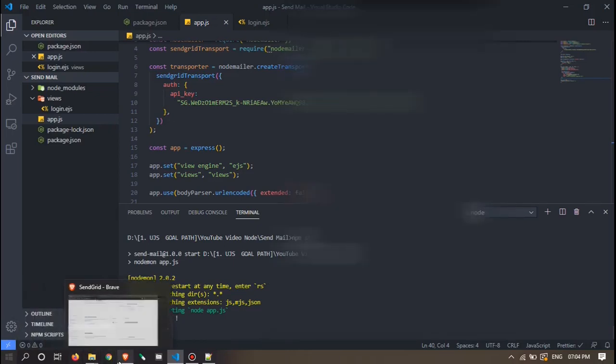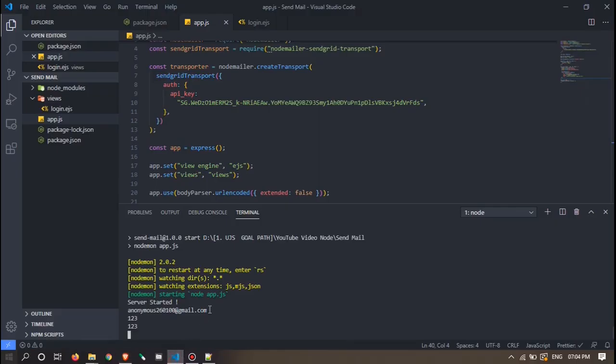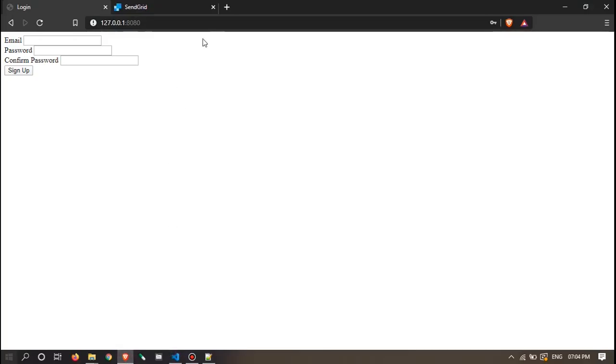Server started. Great. Go to your login page, reload, give your email ID and password, you can give anything because we didn't validate it, then confirm. Now if you click sign up, the mail should be sent to the email ID you specified. First let's see that we don't have any error, so it should work. Let's see our mail.